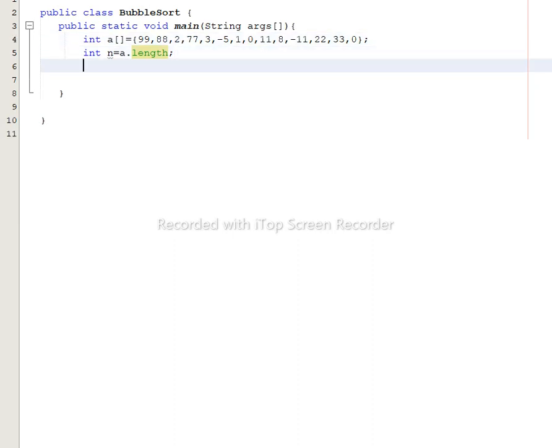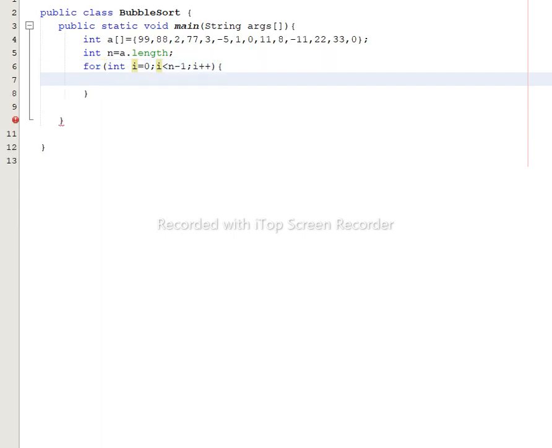Let us go to start our code. We need a for loop: for int i is equal to 0, i less than n minus 1, because not up to n, because there is another variable called j, so i plus plus. Then there is also another loop to compare each value of an array. So for int j, start from 0, then j less than n minus 1, no, n minus i. You have to say n minus i because